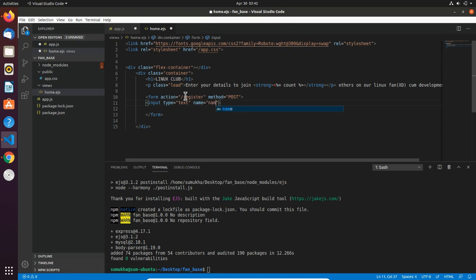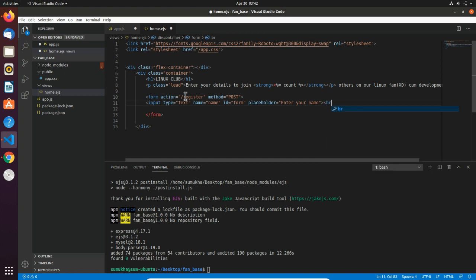Name is equal to name, first field is name, right? ID being form, ID is not compulsory, but we are styling the form, so ID will be helpful, and placeholder will be enter your name.